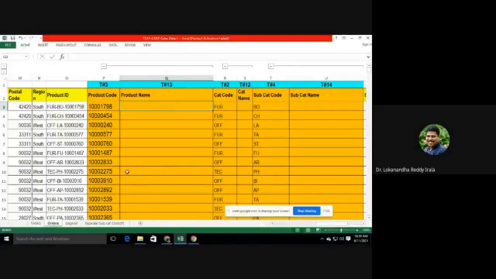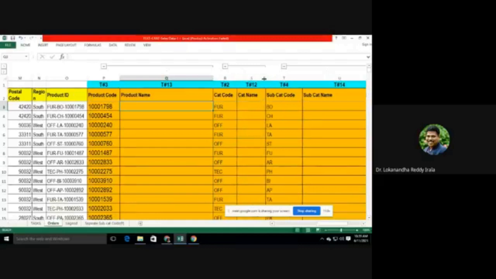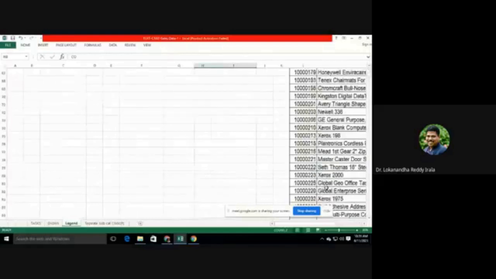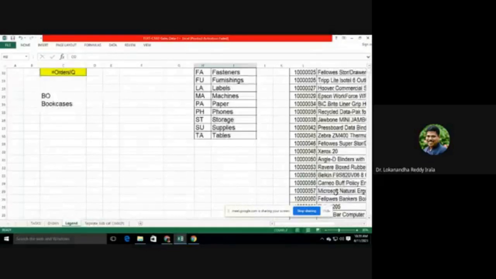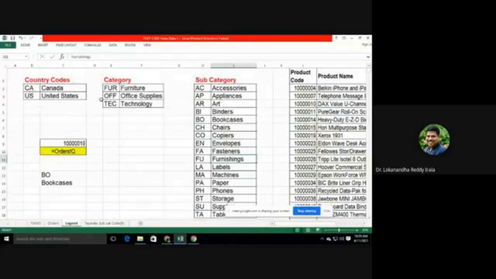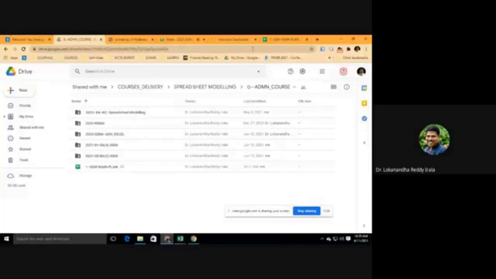Okay. So what you can do, you know already how to use IF functions and nested IF functions. And of course, if you have a large list where you need to print, let me see the legend. Yeah. Say if you are printing the product name, it's a large list, so you can use VLOOKUP. So here you can use VLOOKUP, here you can use VLOOKUP, but for these two, you can use IF functions, nested IF functions.